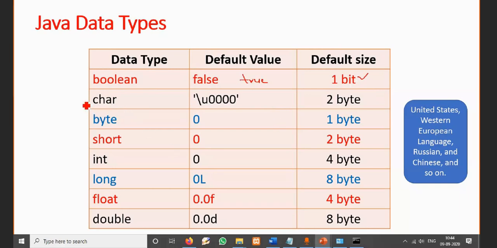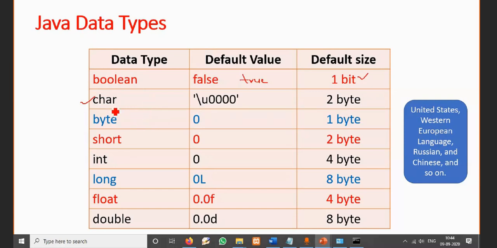The next data type is character. The character data type here is a 2 byte memory location, whereas in C++ it is a 1 byte character, because C++ uses the ASCII standard, whereas Java uses the universal character.